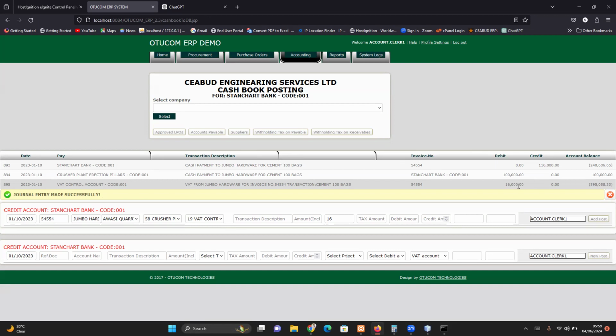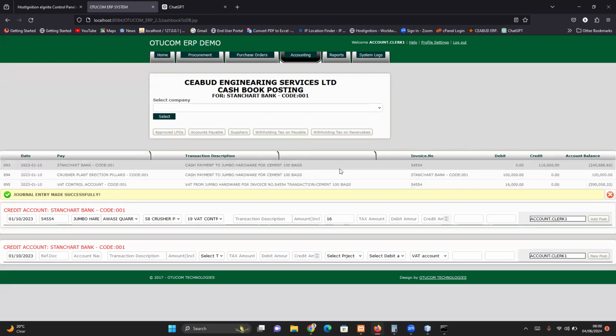So that is how you can capture your fixed asset or the expenses which have been incurred in getting that fixed asset. So you can as well add some other costs, so that this fixed asset will have, at the end of it, the total cost incurred in acquiring it. So for instance, in this case, let's say we had another item from Jumbo on a different